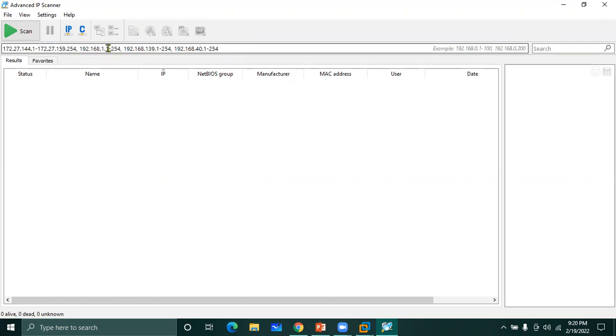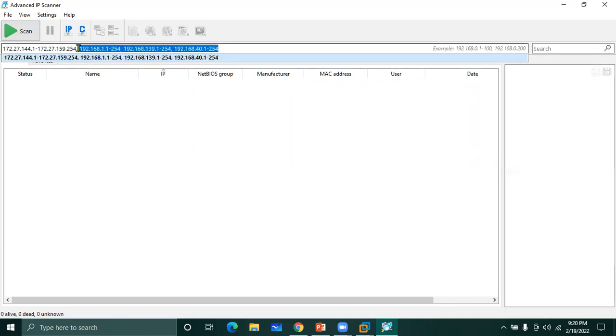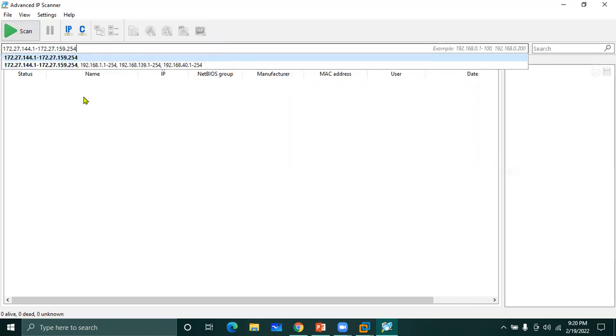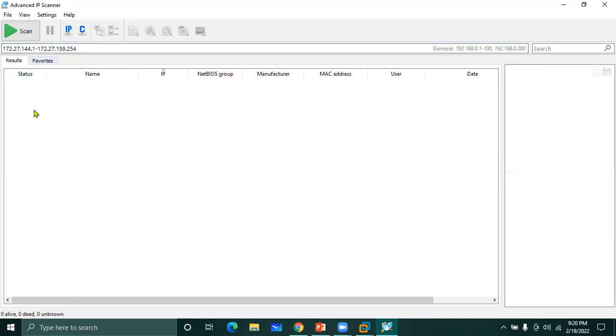You can also define a particular address list if you want to. When it scans, we have the status, name, and NetBIOS group information, whatever information is available here. And if you have a file of IP addresses, you can import it from this option,